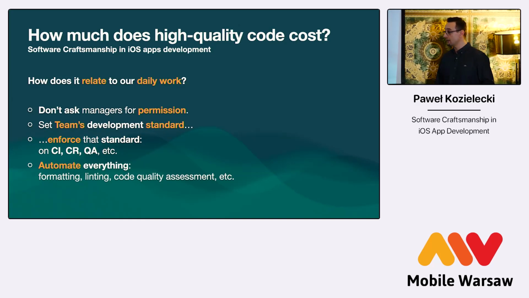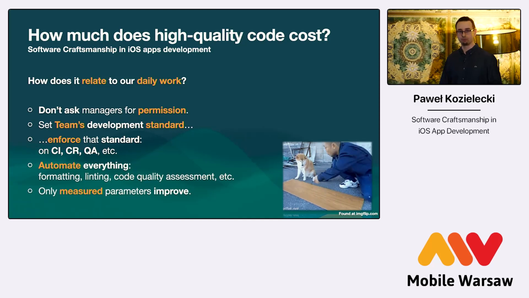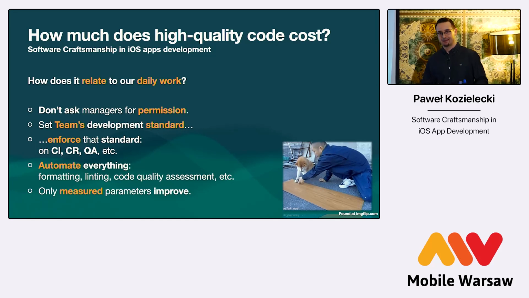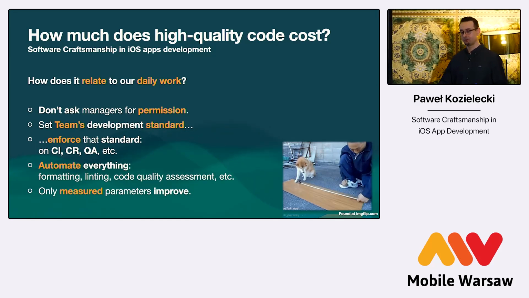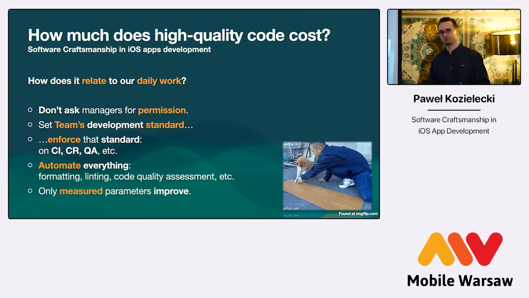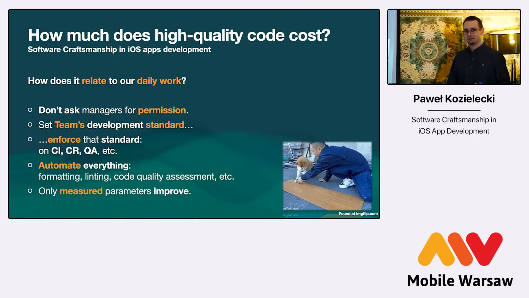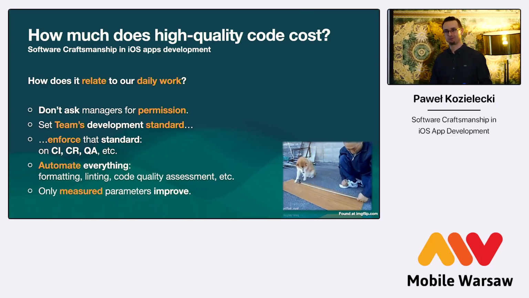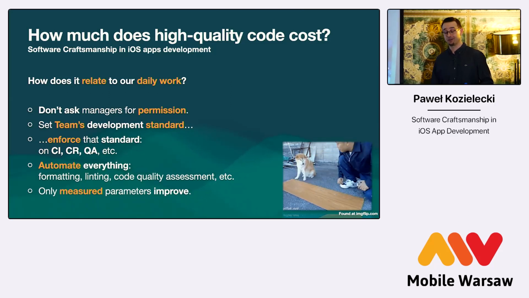And at the end, remember that only measured things can improve. It always surprises me when I join a project that is struggling to, let's say, increase code coverage or generally the quality of the code. And all I need to do is to hook up Danger with just annotating the pull request with what's the code coverage for the chunk of code that's been changed in that pull request, right? With just a bit of warnings from linter and formatter, and that's it.